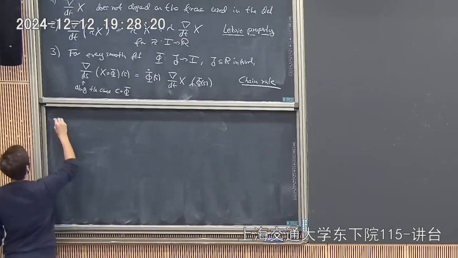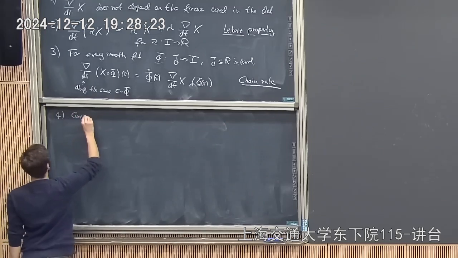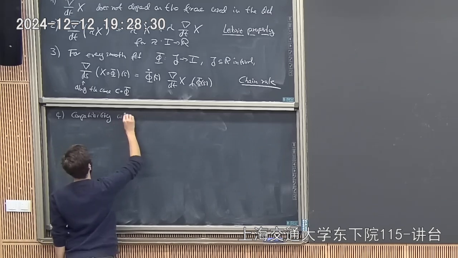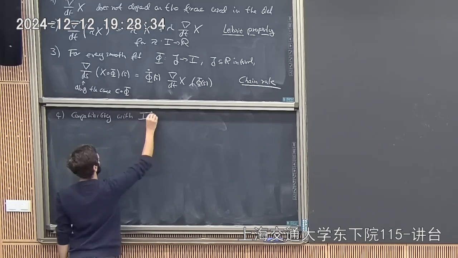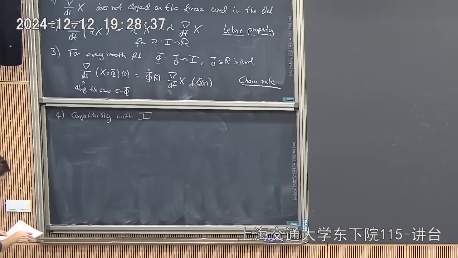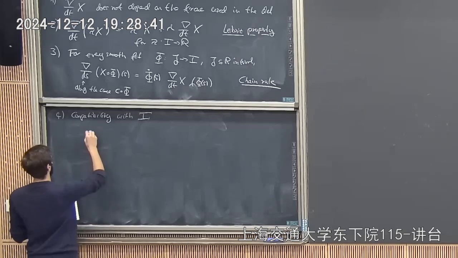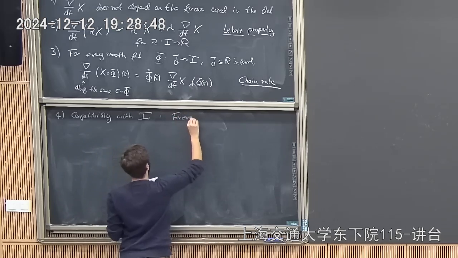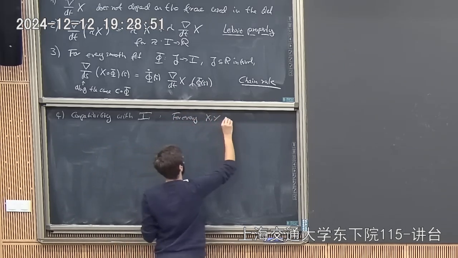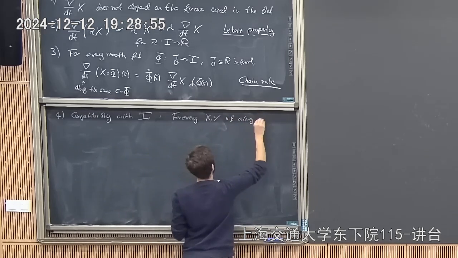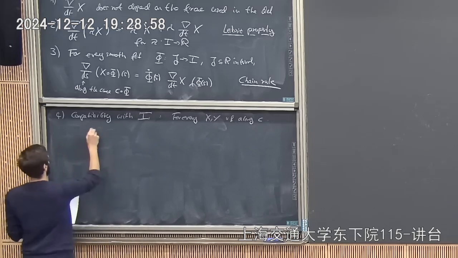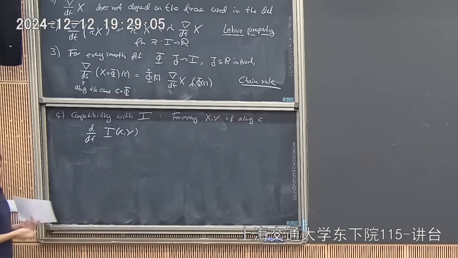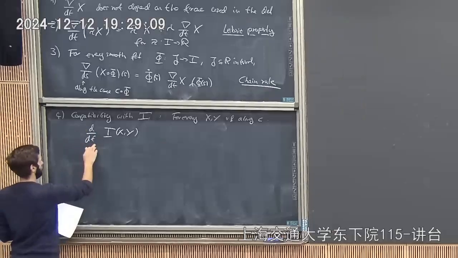And then we have some property that comes from the compatibility with the first fundamental form, which says that for every X, Y vector fields along c, we have the following property, namely that if you take the inner product of X and Y, you get a function that depends only on t. And if you take the derivative with respect to t of that function,